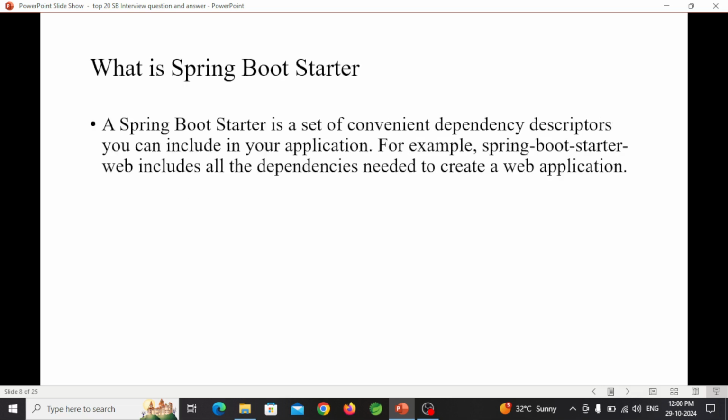Now next is what is a Spring Boot starter, again, because this is the most important and mostly asked interview question, so we have to cover it and explain in detail. A Spring Boot starter is a convenient dependency descriptor you can include in your application. For example, Spring Boot starter web includes all dependencies needed to create a web application.